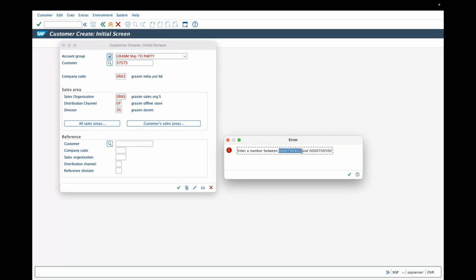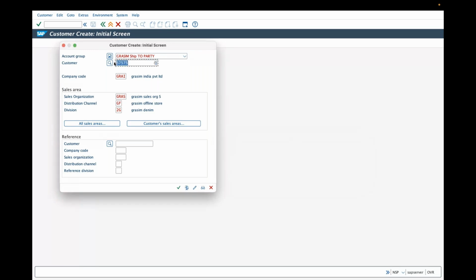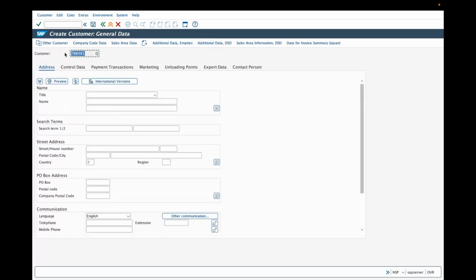So I say copy and I connect here. Continue. So that's how we give a number manually. So by now you all understood how internal number ranges respond, how external number ranges respond, right? So title I say Mr. Name I say Raju.J and search term I give GRM full name and I say